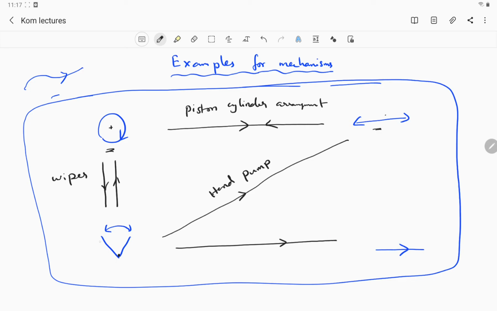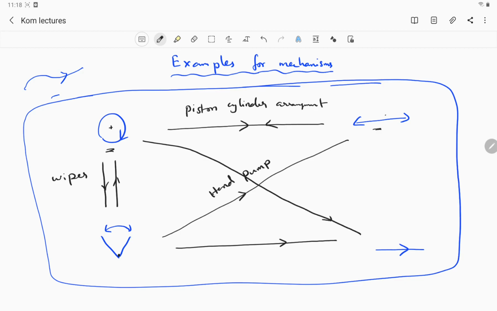For example, if you see a cycle, if you just pedal it like this, not a complete rotation, but just to and fro, then the wheels will move and the whole cycle will move forward, right? Or in other words, if you pedal completely, if you give a full rotation to the pedal, then this motion is possible.